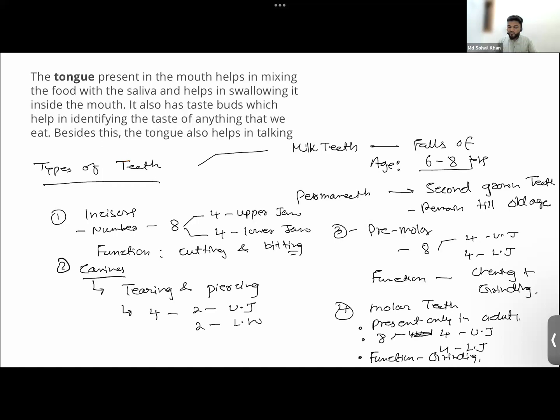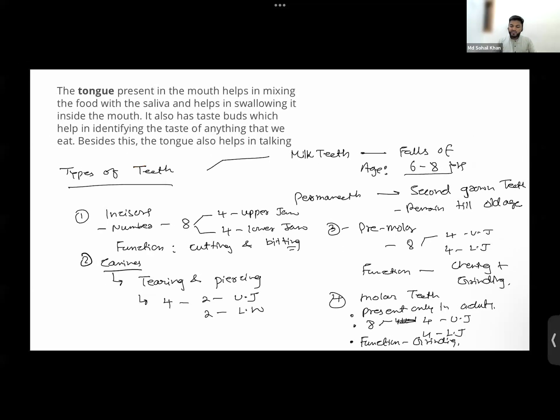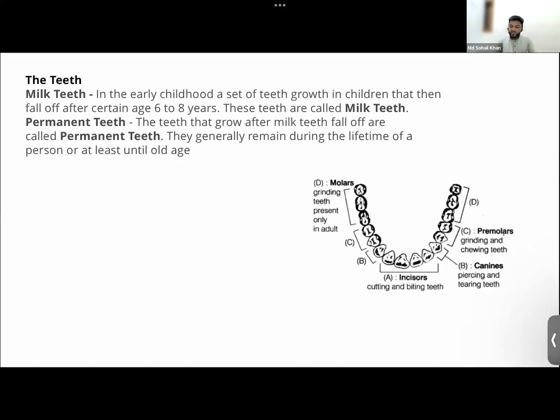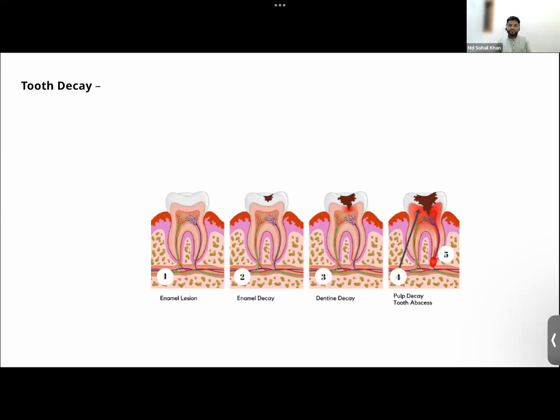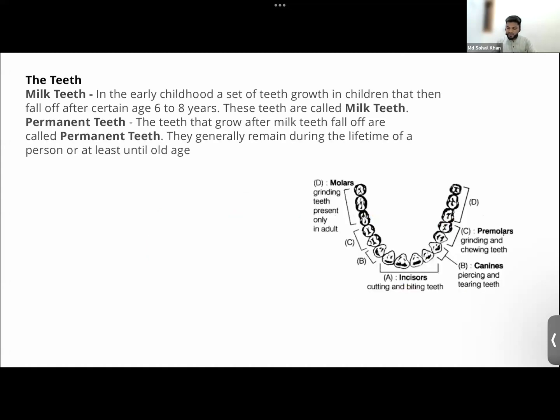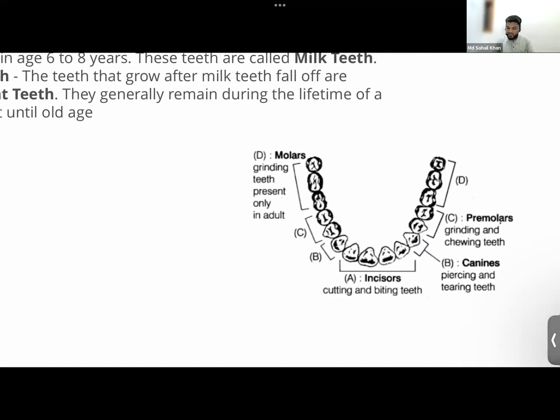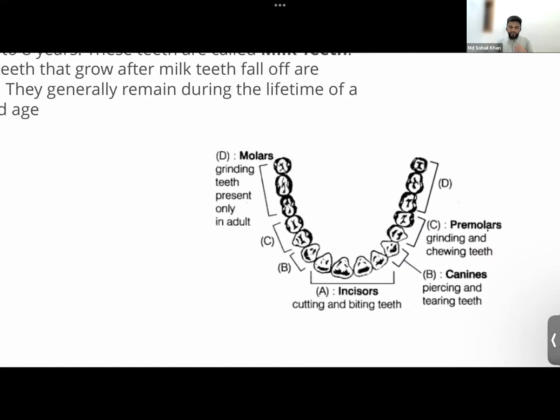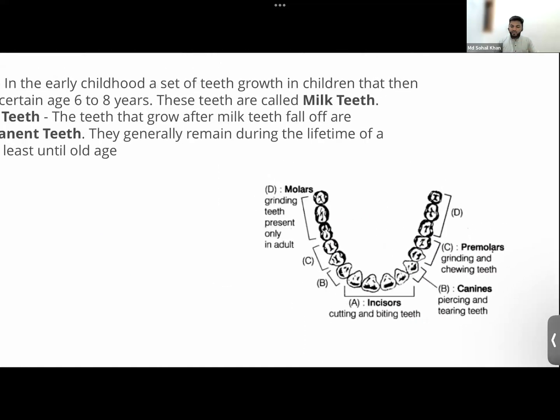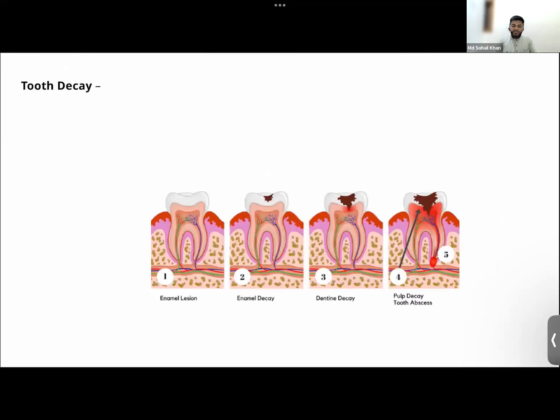Okay, one more concept related to teeth is the concept of tooth decay. What is tooth decay? Any idea? See the structures here. You guys can see the defined structure here. Now, what is tooth decay? Yes, Sundus and Vaiga, any idea about tooth decay? Like, have you guys ever been to a dentist or not?